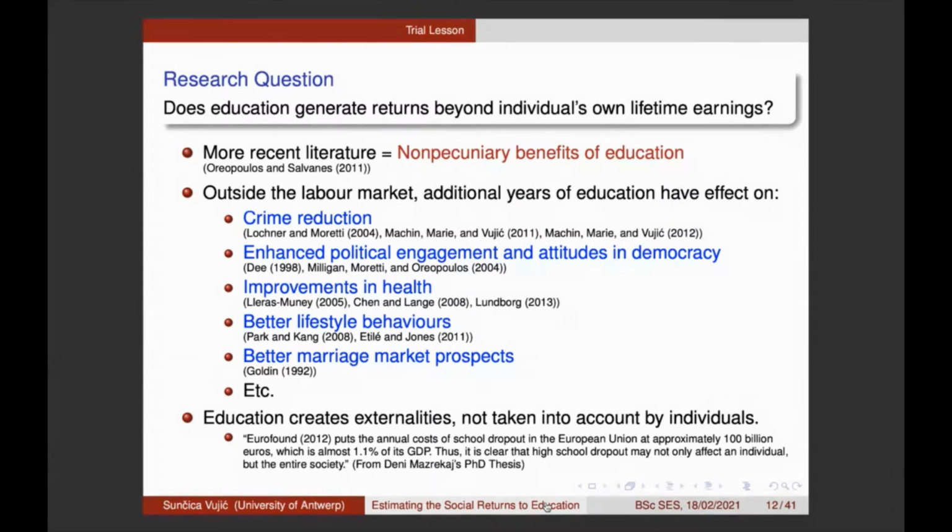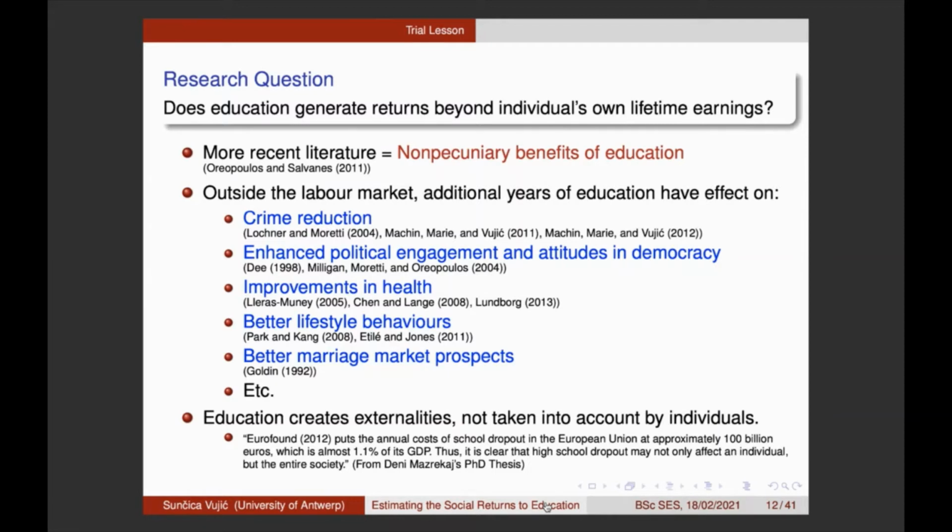So you can see that outside of the labor market, additional years of education have an effect on a pool of these socially desirable outcomes. And that's why we say that education also has social returns, which are often not considered by individuals. At this point in time, you're 17 years old, you're thinking what to do next, which education to follow. As I said before, I think you're mostly motivated by these better labor market prospects, but you don't really take into account that education will also affect your other life choices, which are very much socially desirable and will positively affect your overall